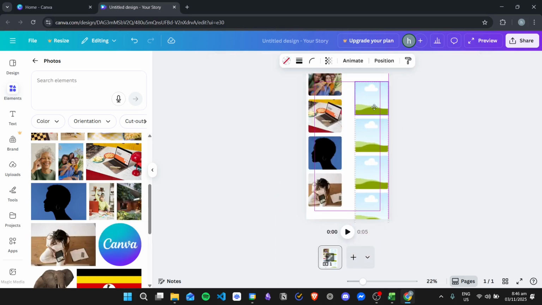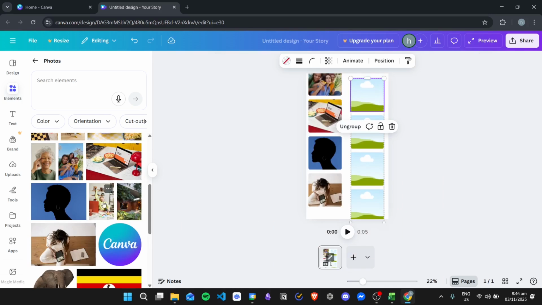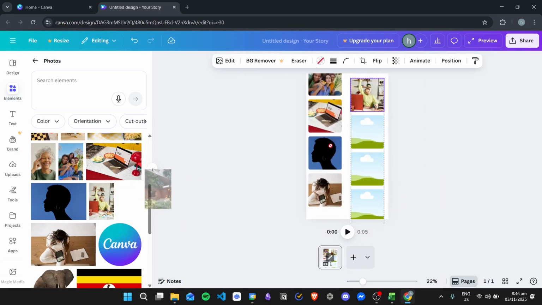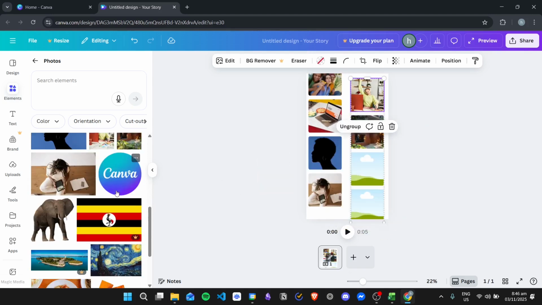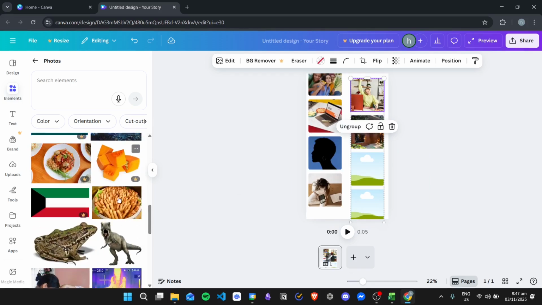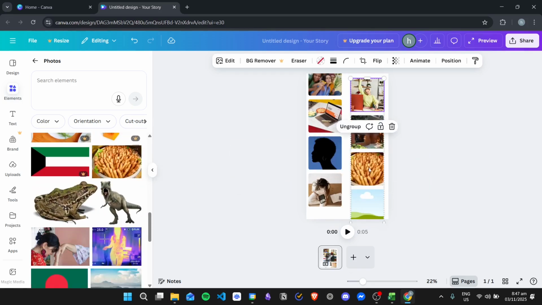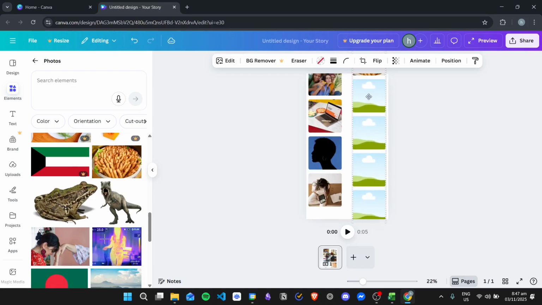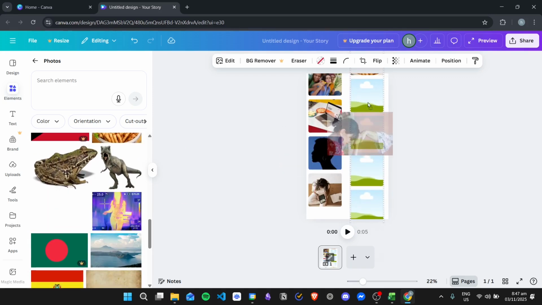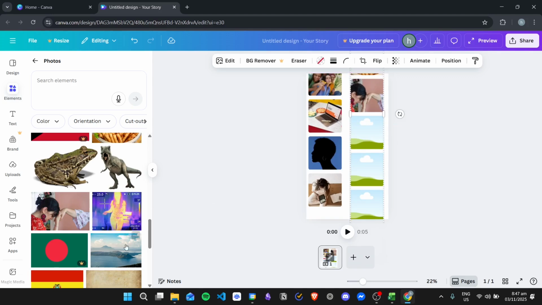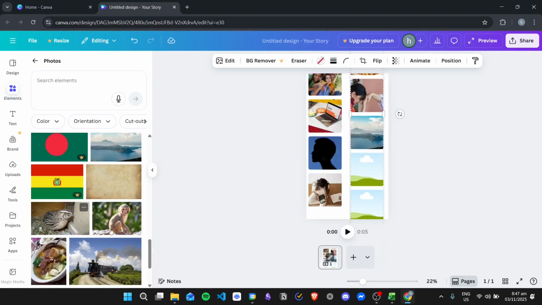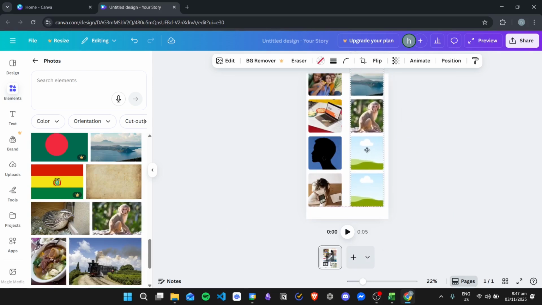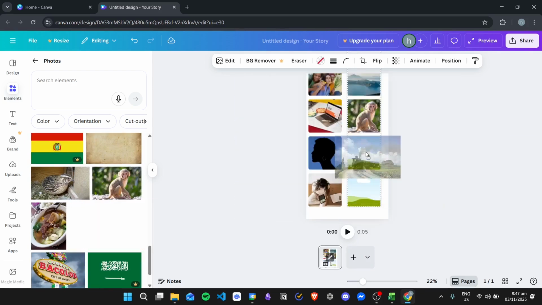And then now we're going to insert photos to the second frame as well. Then for the last 2 photos,